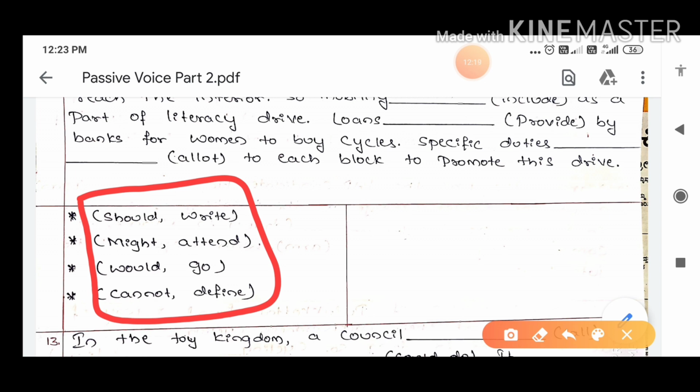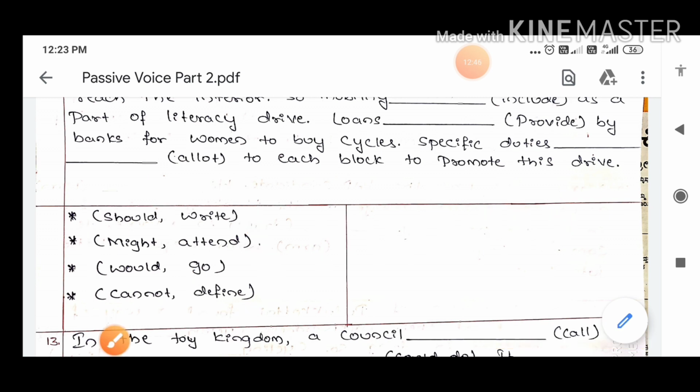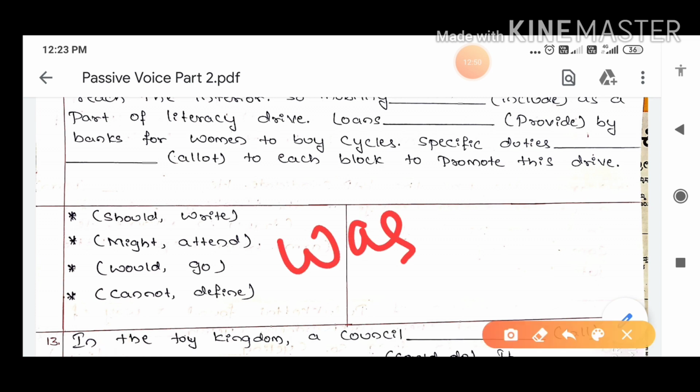For example, should, write, might, attend, would, go, cannot and define. Friends, we know what these words are. These are verbs. We don't have any doubts in that. And these words, should, might, would, cannot, can, could, may, this kind of words we usually call modals. So whenever we have modals as well as a verb in brackets, we do not make use of was or